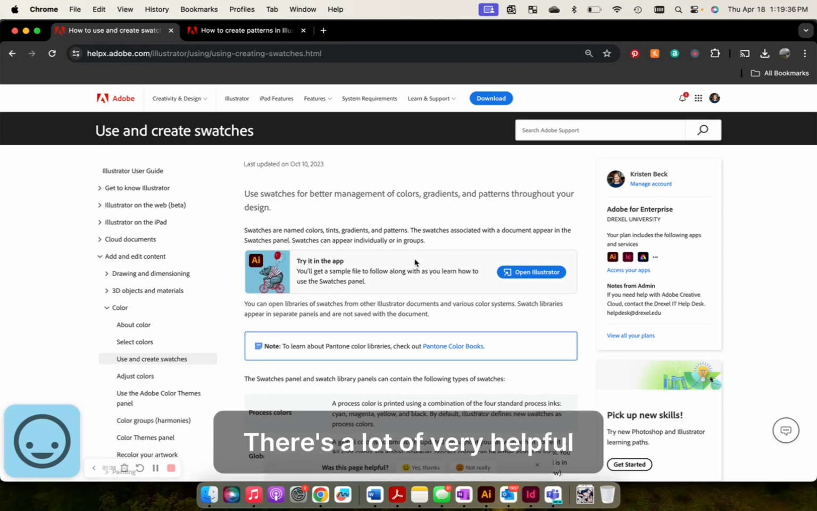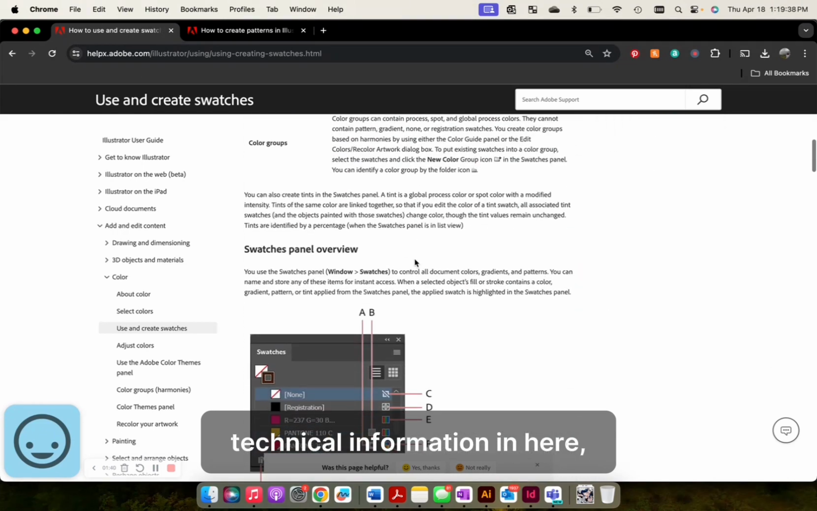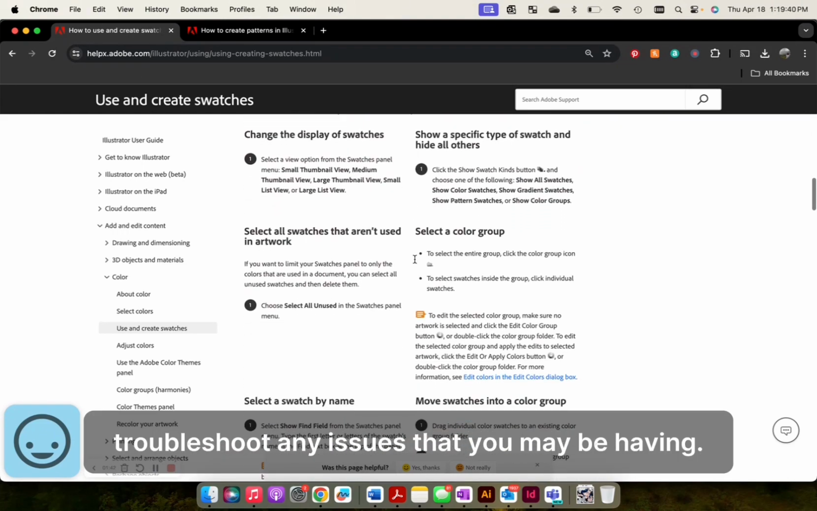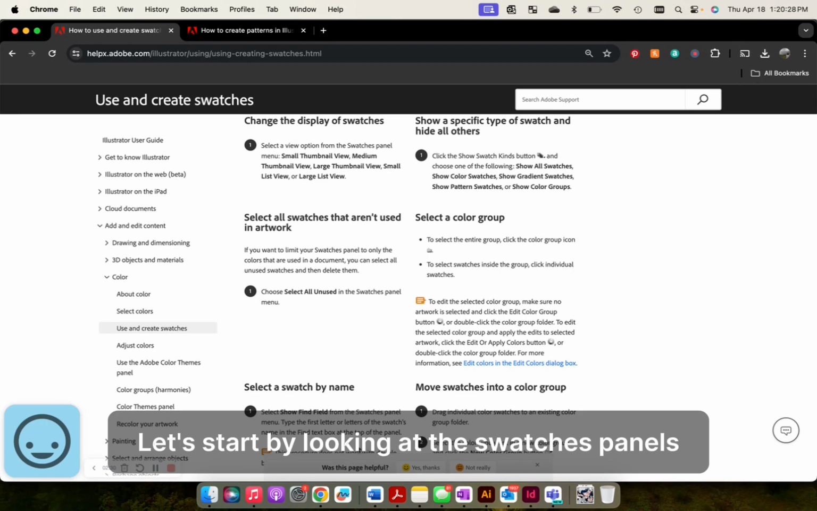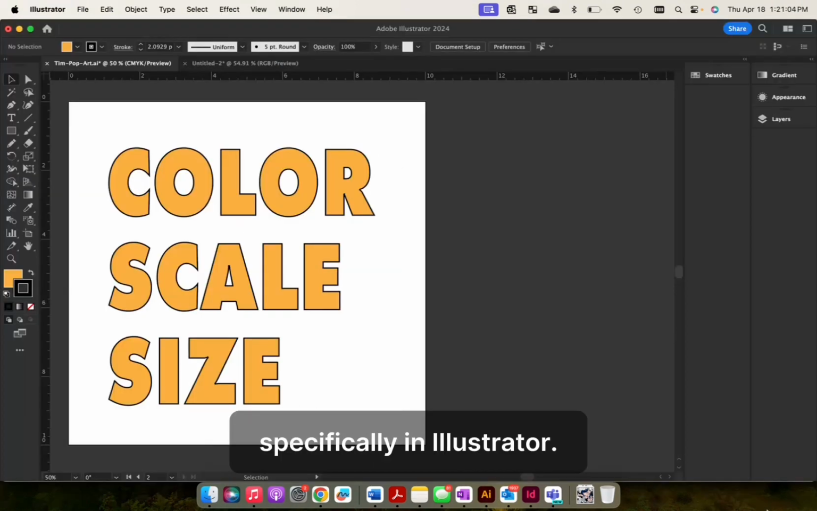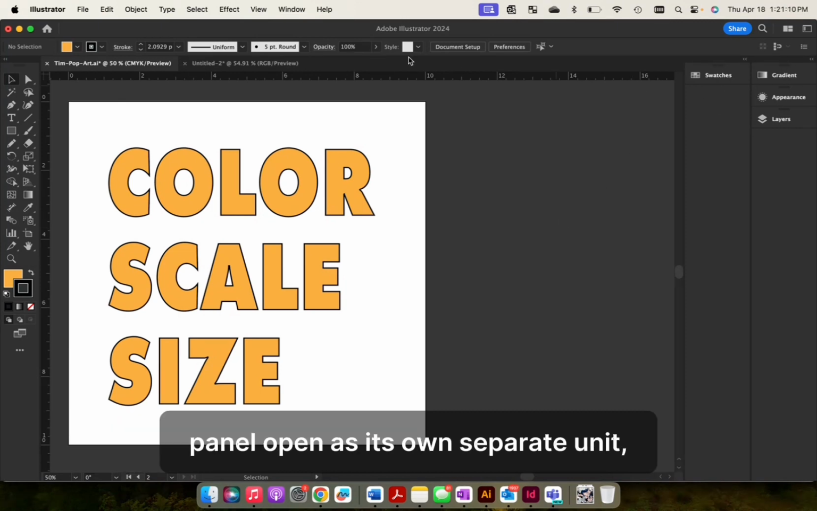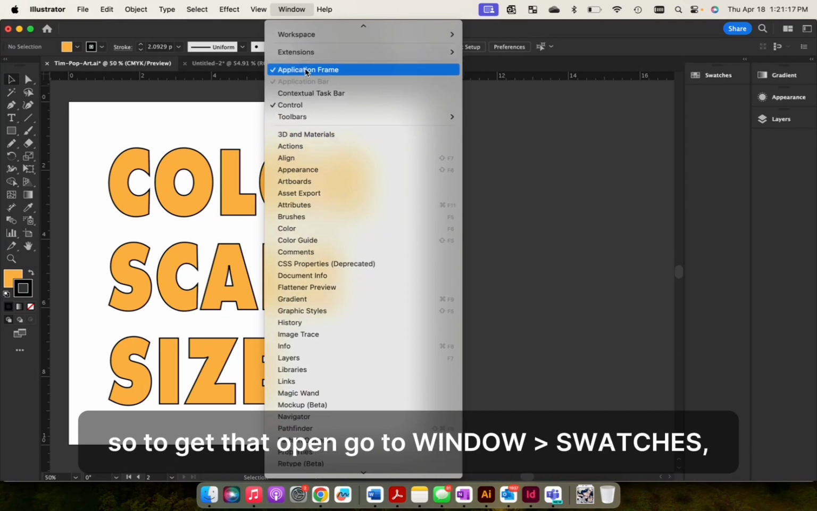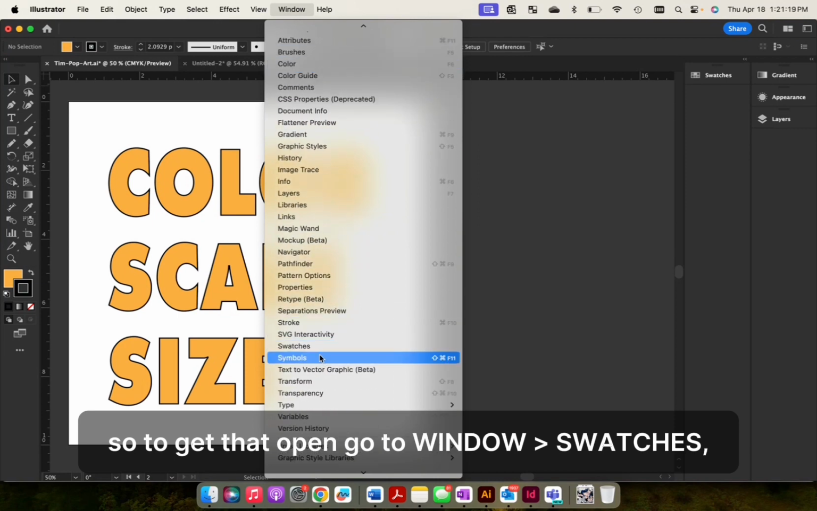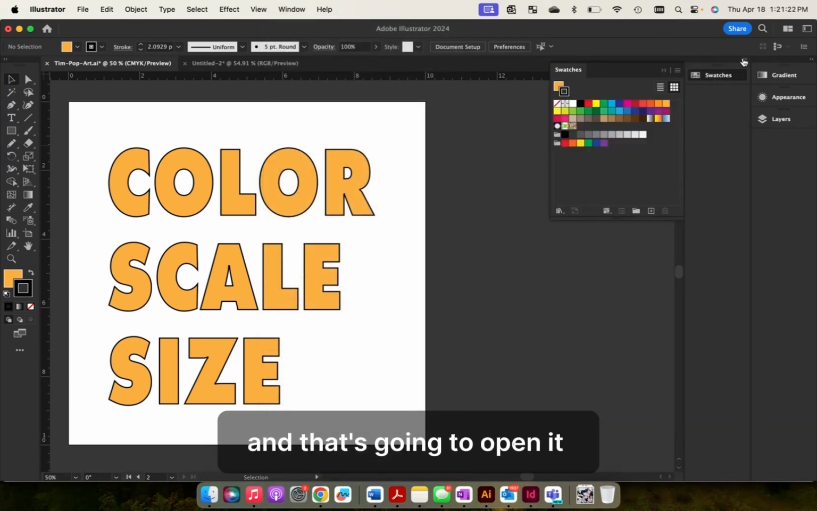There's a lot of very helpful technical information in here and it can really help you troubleshoot any issues that you may be having. Let's start by looking at the swatches panel specifically in Illustrator. For this demo, I find it easier to have the swatches panel open as its own separate unit. So to get that open, go to Window and Swatches, and that's going to open it as its own separate